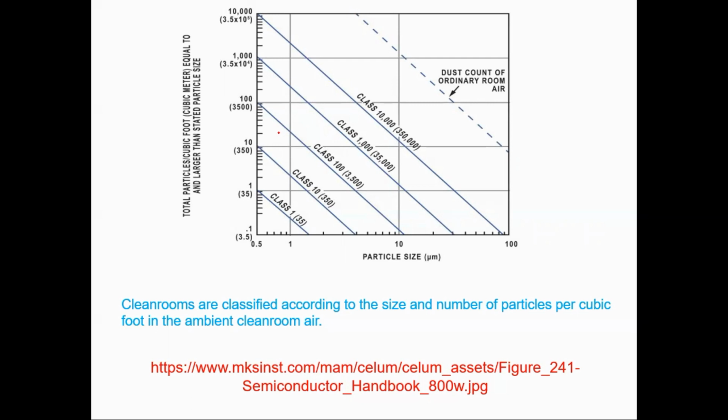So once again, I'm repeating this, class 1 is the type in which your maximum particle size is 1 micrometer and the number of particles allowed is 35. Class 10 is 350 particles of 5 micrometer allowed, and it goes on like this. So which one is best? The smaller, the better. So this gives you ambient clean room air, and it actually helps you to get a better result.